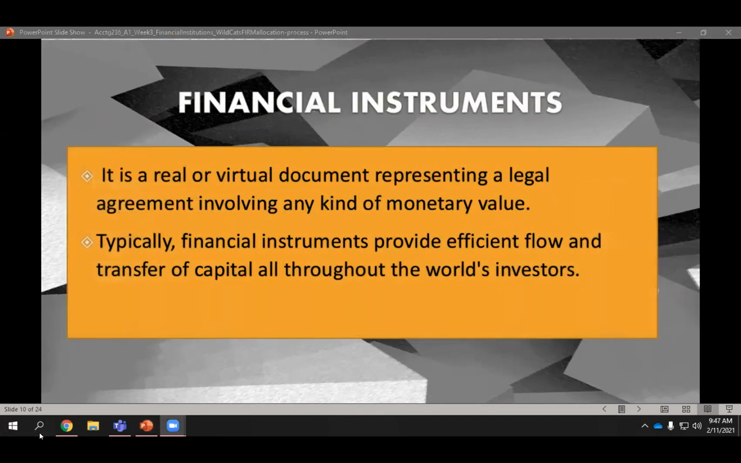Next in line, we have financial instruments. It is a real or virtual document that represents a legal agreement involving some kind of monetary value. Typically, financial instruments provide efficient flow and transfer of capital all throughout the world of investors. It is widely used. It is a contract that we can trade in the market. It represents an asset on one entity and a liability or equity in the other. Then we have